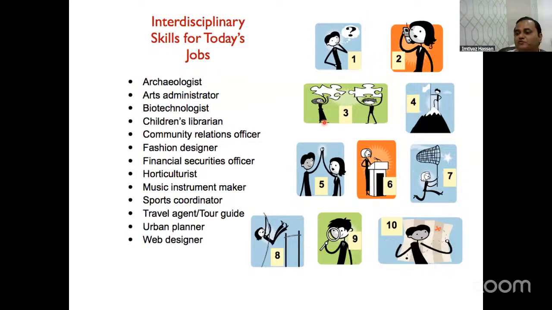There are many new fields that have emerged because of this. I will add some more fields there. All of these are older fields, but now they are in much demand because of their interdisciplinary nature. Like horticulture. Earlier also people used to grow plants, but now horticulture is integrated with architecture, integrated with art, integrated with craft, and has become a new field.